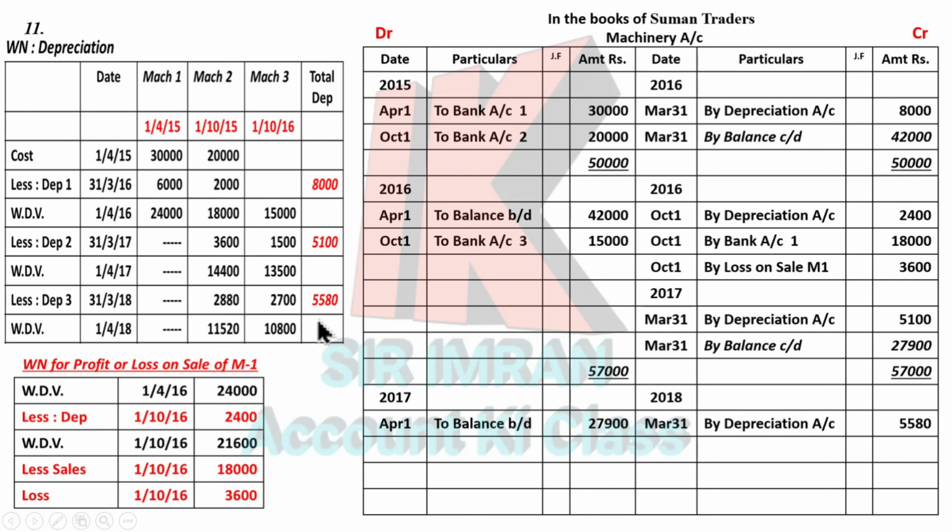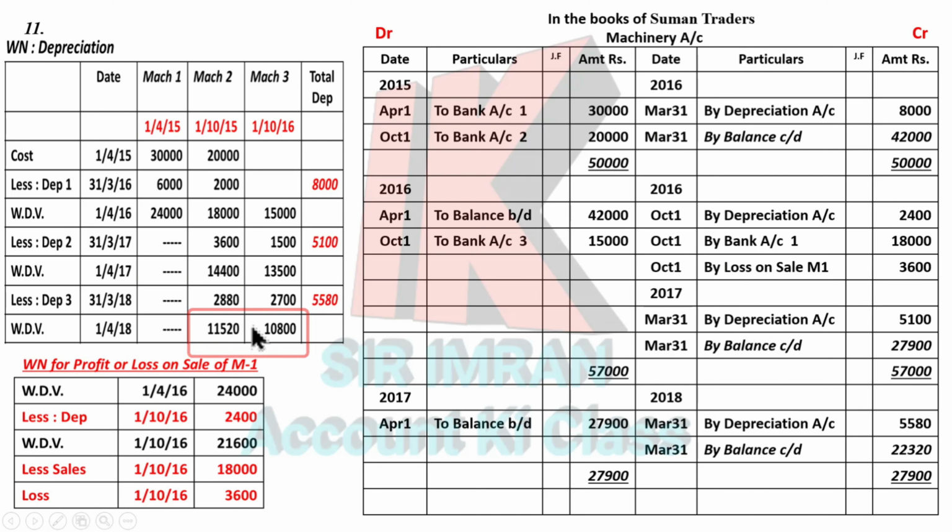5580 और कोई एंट्री नहीं है तो वी हैव टू क्लोज द अकाउंट। तो डेबिट साइड इज हैवी है 27,900 में से 5,580 माइनस करें तो ये बैलेंसिंग फिगर कम्स टू 22,320। मैंने आपको वर्किंग नोट में बताया था जब आप वर्किंग नोट कर लेते हैं तो ये टोटल, लास्ट का जो भी टोटल होगा, जो भी बैलेंस बच रहे हैं उनको आप प्लस करेंगे। इट शुड बी योर सेम अमाउंट 22,320। आप प्लस करें 11,520 प्लस 10,800 तो